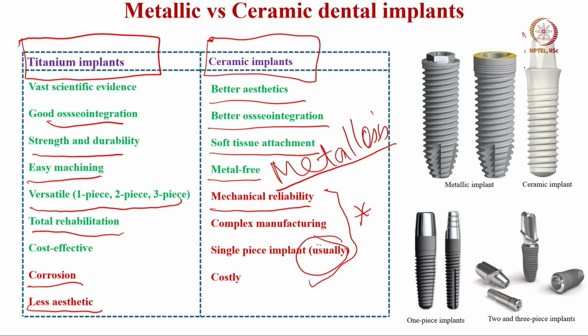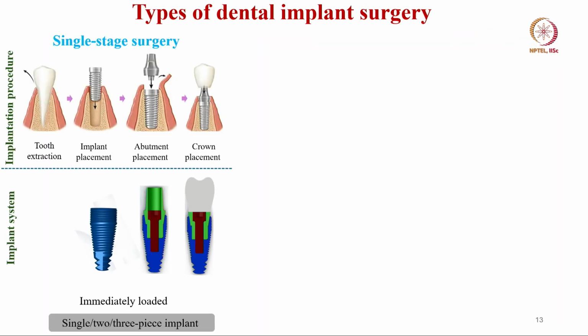So, you can see this is a single piece ceramic dental implant and these are metallic implants, as we have seen before also, these kinds of sketches. So, types of dental implant surgery, the implantation procedure. First is the tooth extraction of the damaged tooth, then the implant is placed, then the abutment is placed, then the crown is placed, this third stage, right. And the implant system, as I said, can be a single piece immediately loaded implant or it can be a